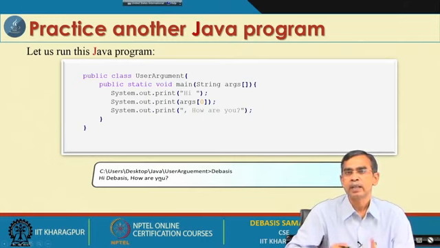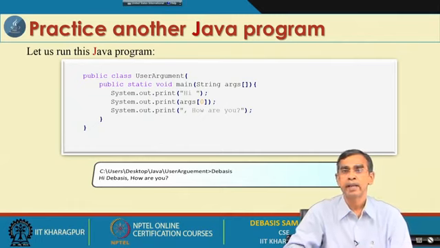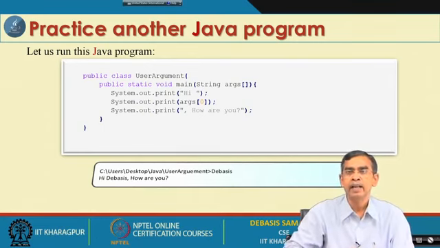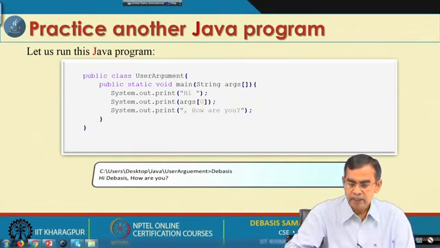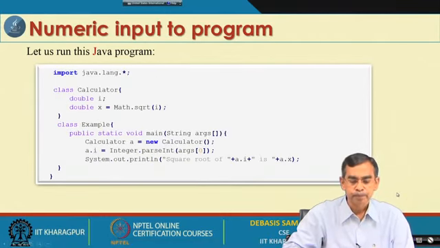So, it will just print hello Devashish, how are you. So, this way you can just take the input and then in your method, in your operation belonging to that class, all the input can be used for your own purpose. That input can be a string, that input can be a number, that input can be any value, whatever it is. But in the case of string args, whatever input you give, it will be stored in the form of string type objects, and later on you will just convert it. Regarding this conversion, we will discuss it.